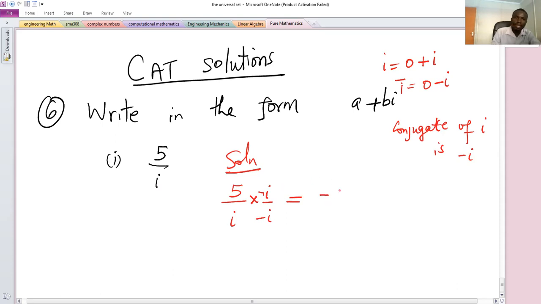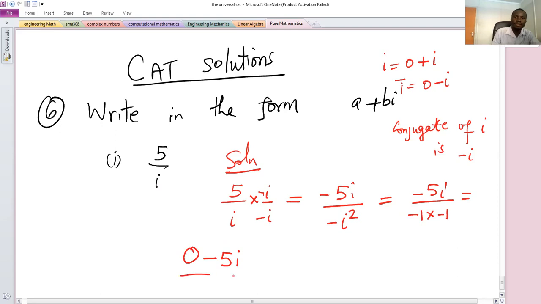5 times minus i is minus 5i. i times minus i is minus i squared. But this is the same as minus 5i over minus 1 times minus 1, because i squared is minus 1. So this will give us just minus 5i, but in the required form, we write 0 minus 5i,